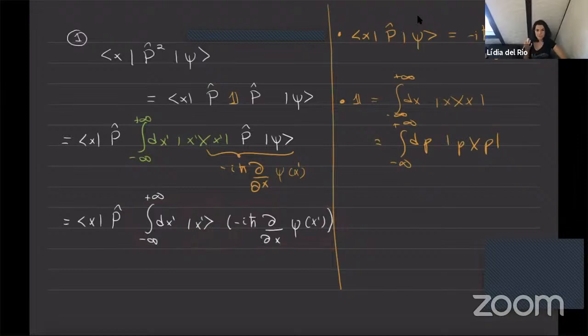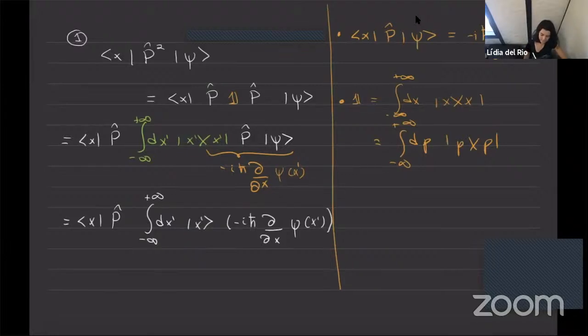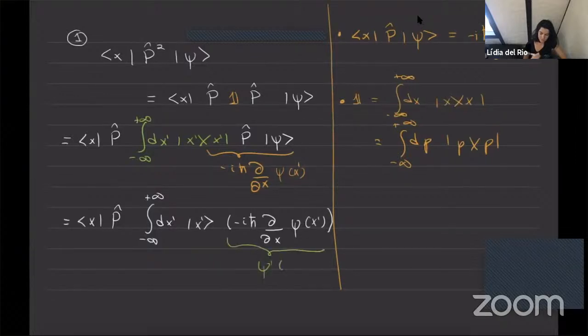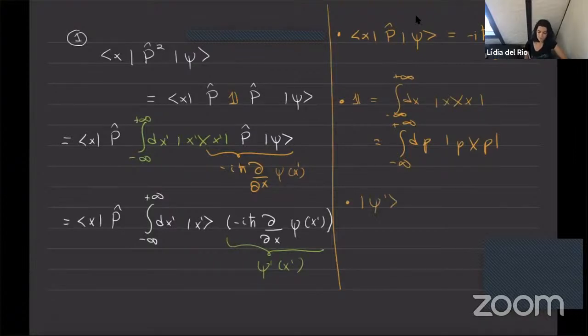It might not be normalized, so it's not a physical state, but it's still expanding a vector in this basis, which means that we're just going to call it the new wave function at some point psi prime, and it's the wave function at x prime. So this means that we can define a new state, psi prime, which is just